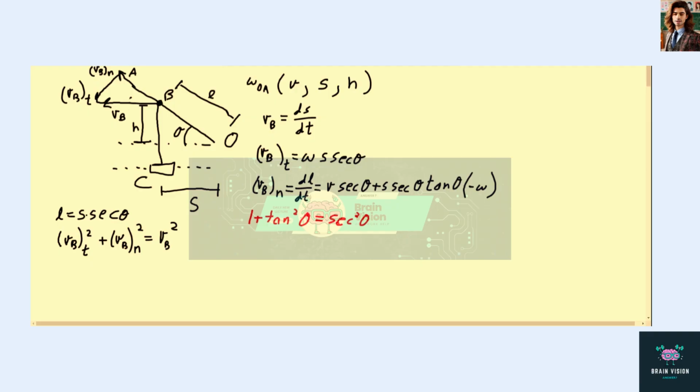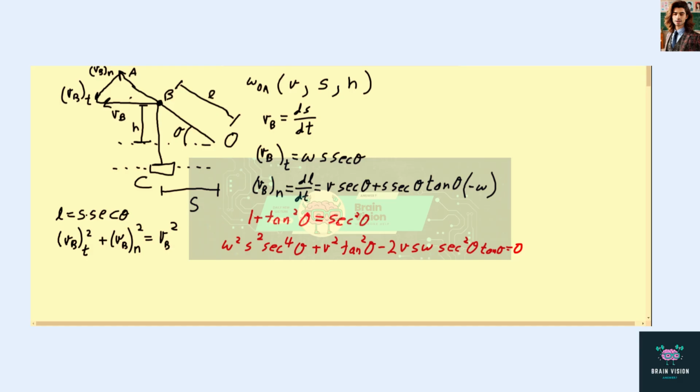To get us to the point that omega squared S squared secant to the fourth of theta plus V squared tangent squared of theta minus 2 V S omega secant squared of theta tangent of theta equals 0, which we can